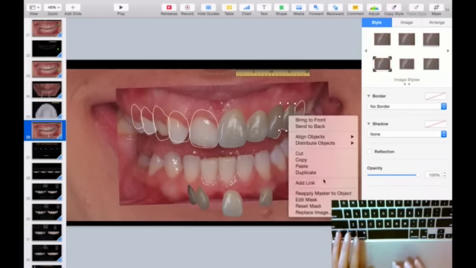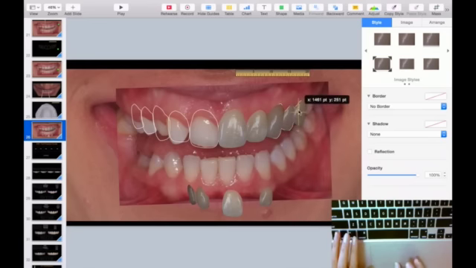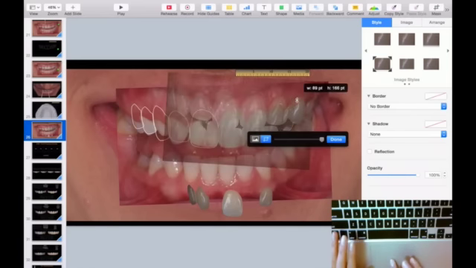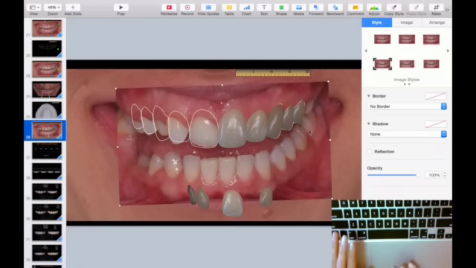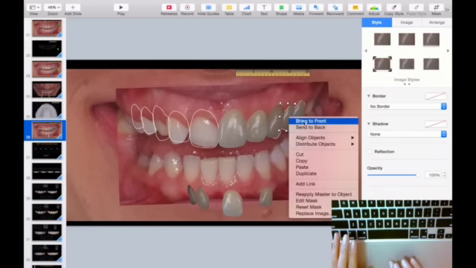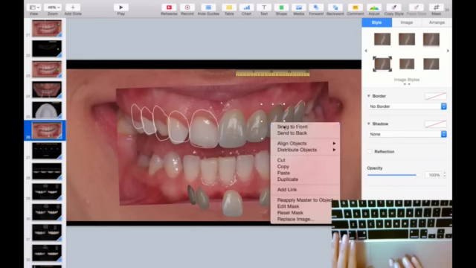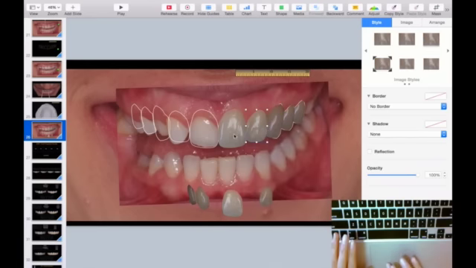And I duplicate this for my last one here. And as we remember, it's a little bit smaller than the first one. Okay. So into front, just make sure they are in the right positionings here. And what I'm going to do is, this is obviously too dark for this patient, so I'm going